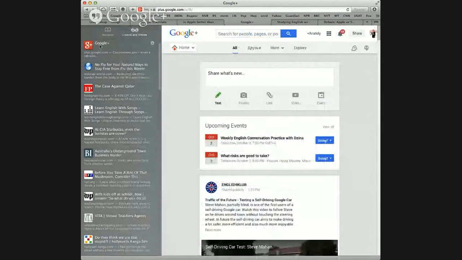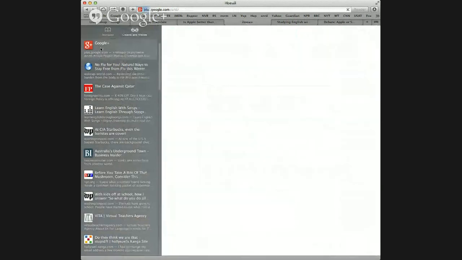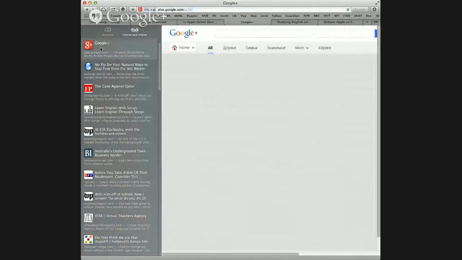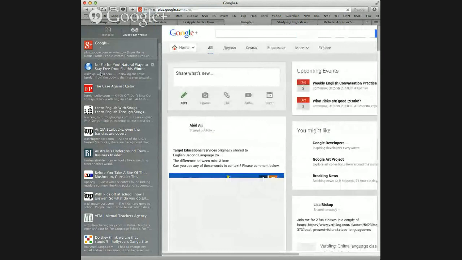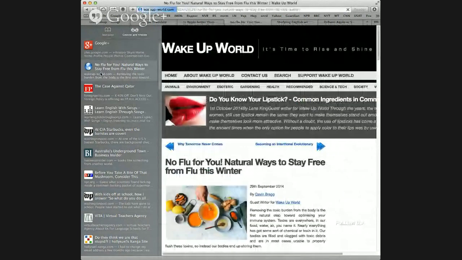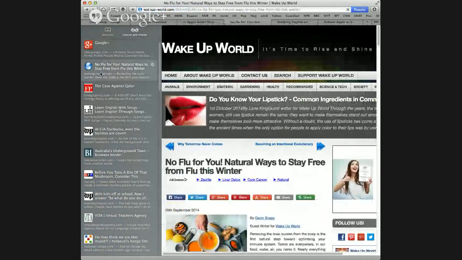After that, on this page you can see, for example, this page which I saved now, and before that I saved, I think, this morning.